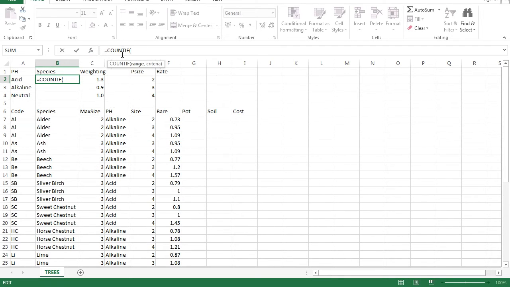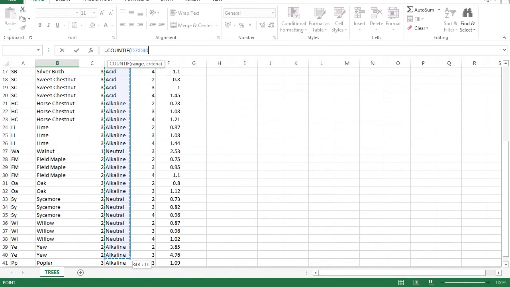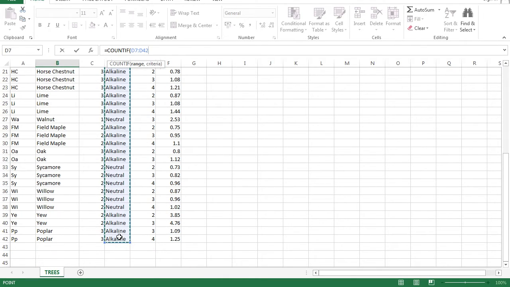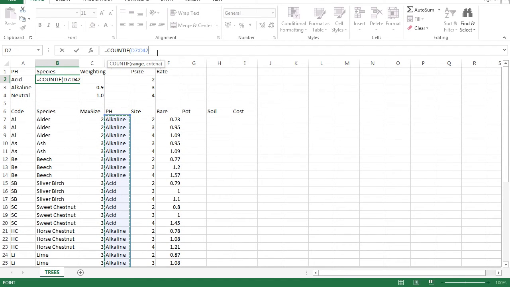COUNTIF. Now it asks you for the range. The range is basically where you want to count how many times something appears. So naturally the range will be here. Now before moving on, please make sure to lock